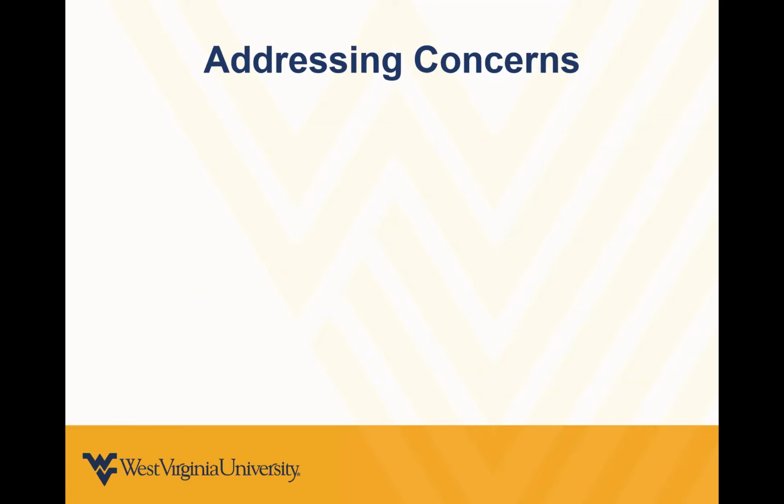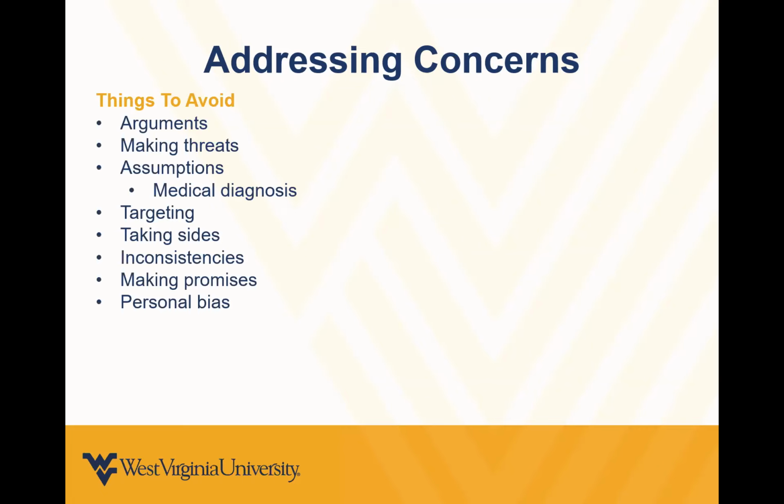When you address concerns or policy violations, there are things that you should avoid doing. Engaging in an argument with a student. If you are addressing an issue and the student is argumentative with no signs of stopping, you should walk away and document the situation and advocate. If the student becomes hostile and you have safety concerns, you should walk away and contact UPD about the student.